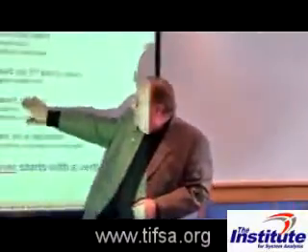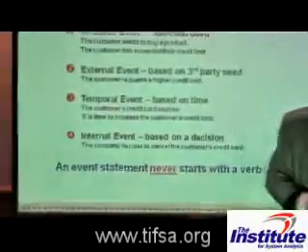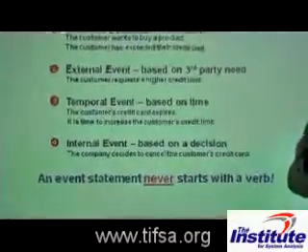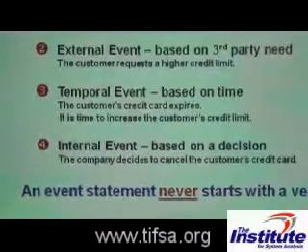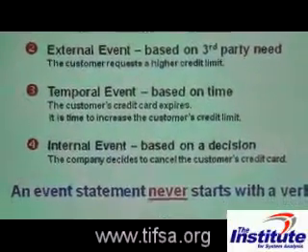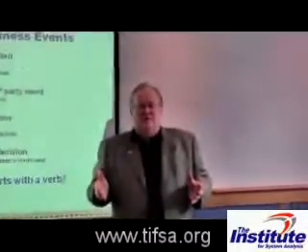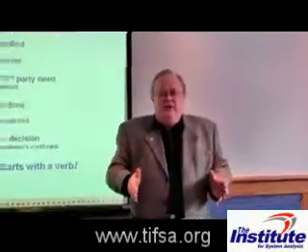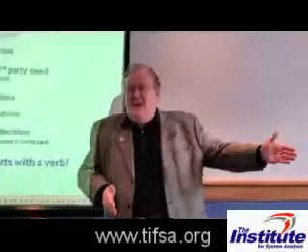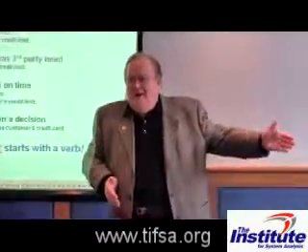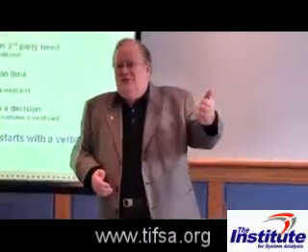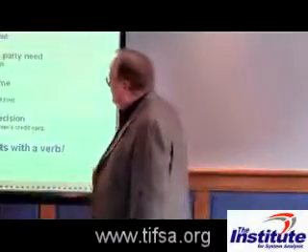Here we have a temporal event. A customer's credit card expires. First question that I would ask is, how do we know that a customer's credit card expires? Followed by, once we do know that a customer's credit card expires, what do we want to do about it? Followed by, what do we want to keep track of or record or remember about the fact that a customer's credit card has expired, such as who's the customer and so forth.